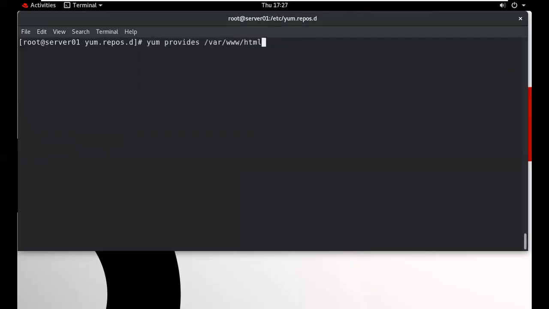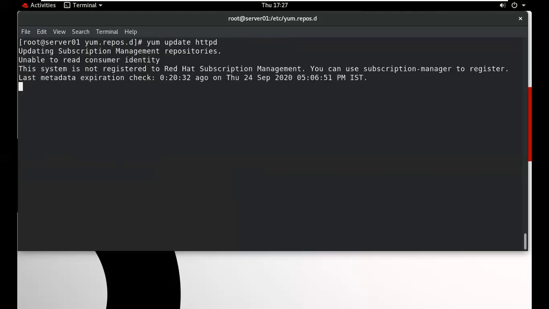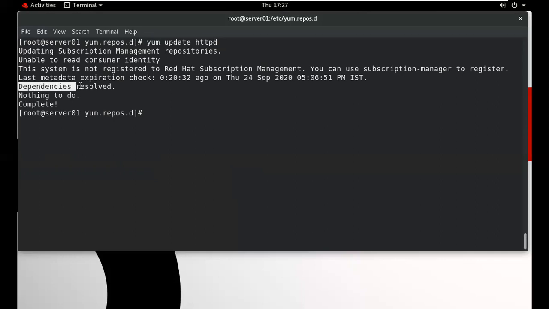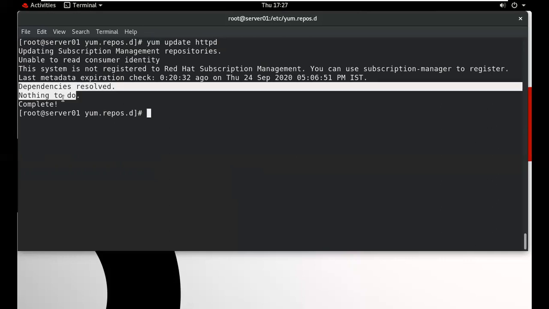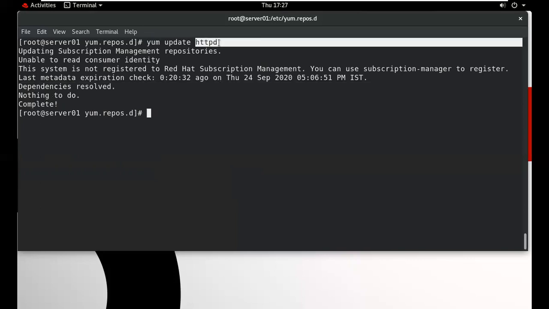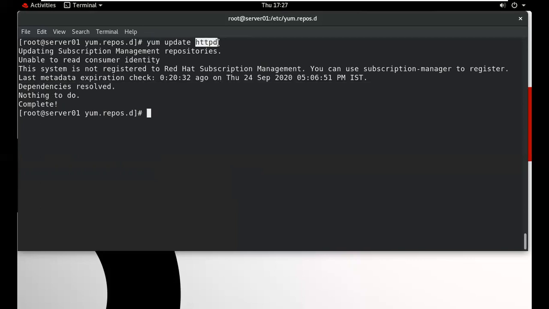You can use the update command and httpd. You want to update this package, but at this time we have no latest package related to this. So what it will show me: dependencies resolved, nothing to do and complete. If you have the updated package of this particular package, then this package will be updated.